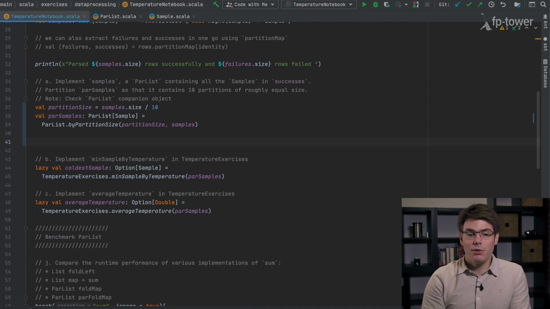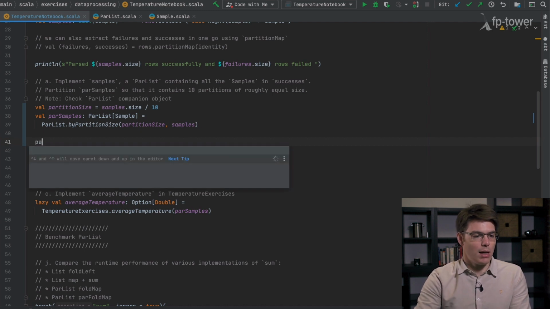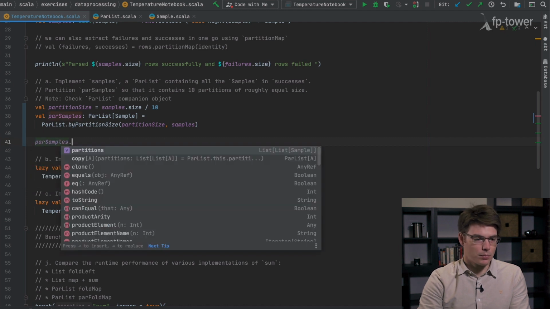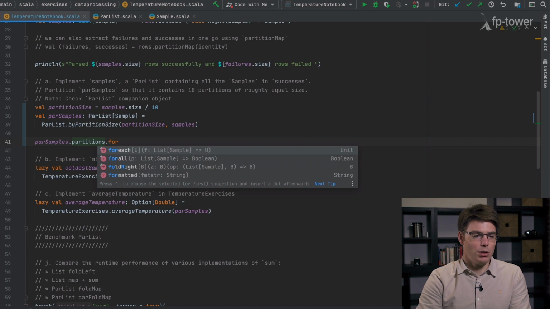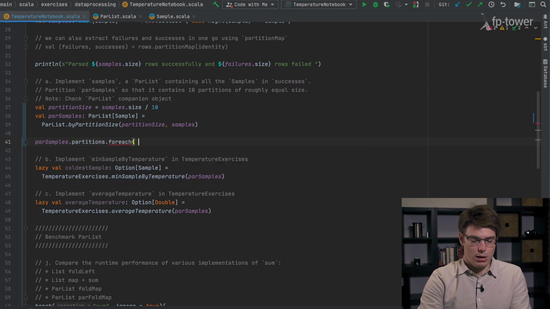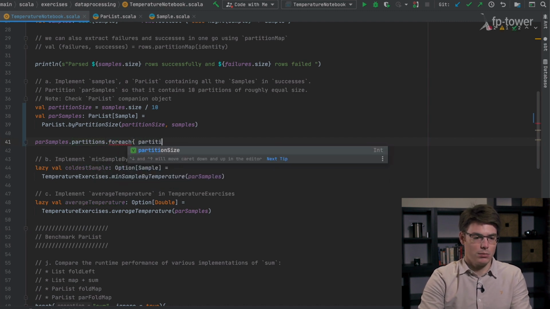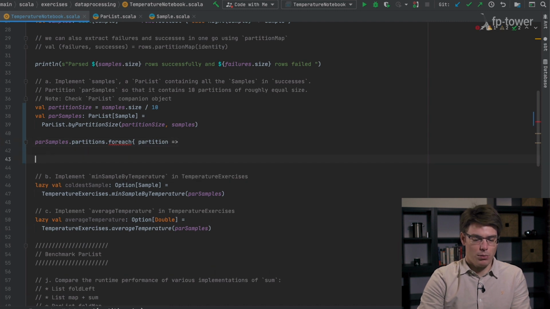To see if it works, we could write a unit test, but we could also just run it inside of the notebook. So let's look at parSamples. We'll look at partitions, and for each partition, we want to print its size. It would be a quick way to see if what we did is correct.